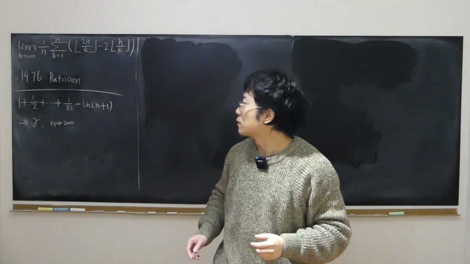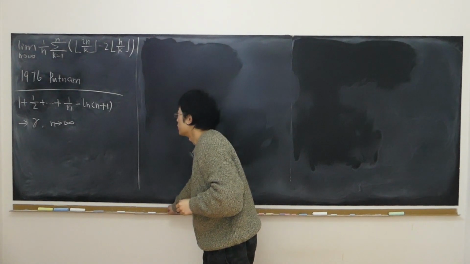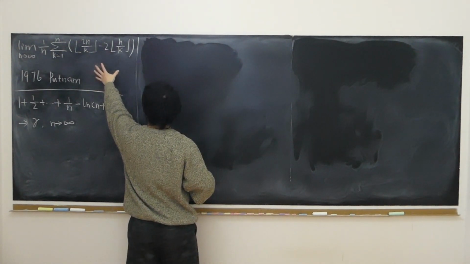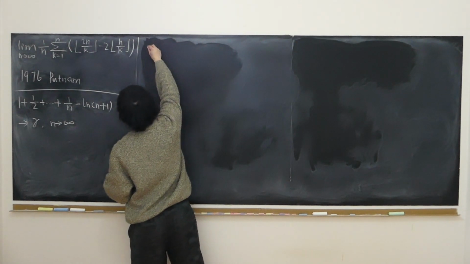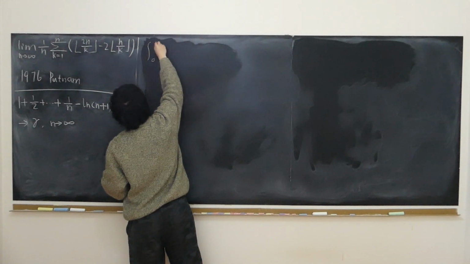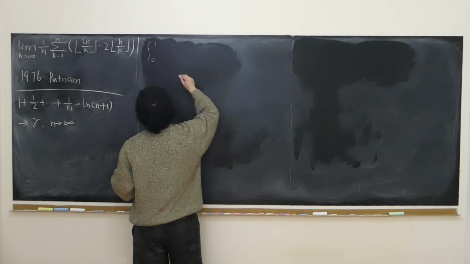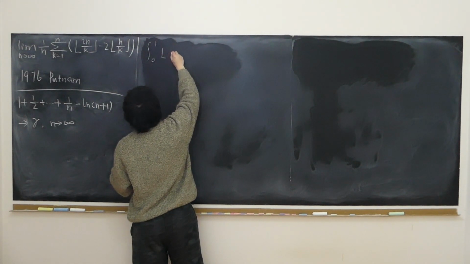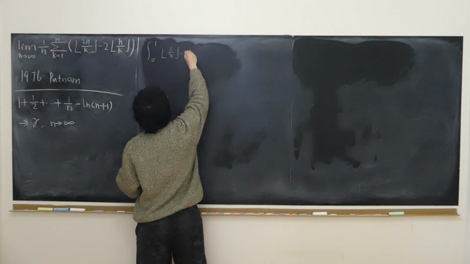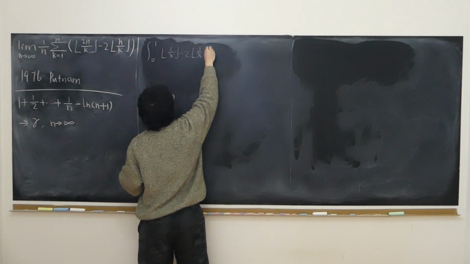We want to find out this limit. I'm going to use this lemma I proved in a previous video. So this limit kind of reminds me of the definite integral from 0 to 1 of the integrand. What's the integrand? The floor of 2 over x minus twice of the floor of 1 over x